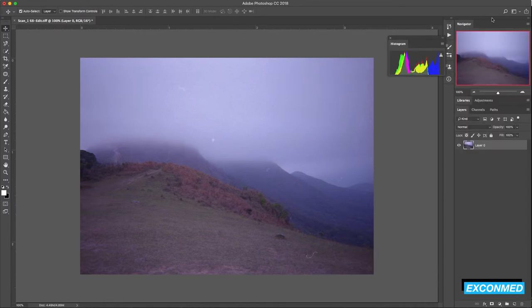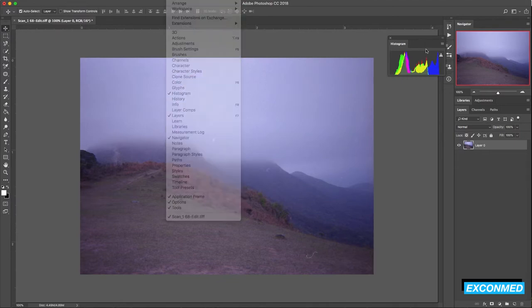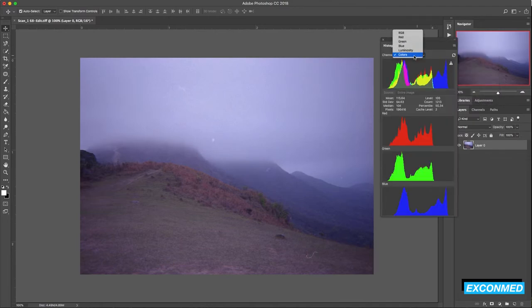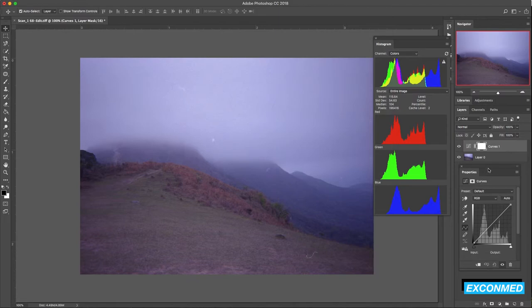And if you can't find histogram here, you can go up to window and press histogram. So once you pull it back out here, go to all channels view, and in the channels tab, you go to colors, so you can see all three colored channels here, and go to adjustment layer, go to curve,